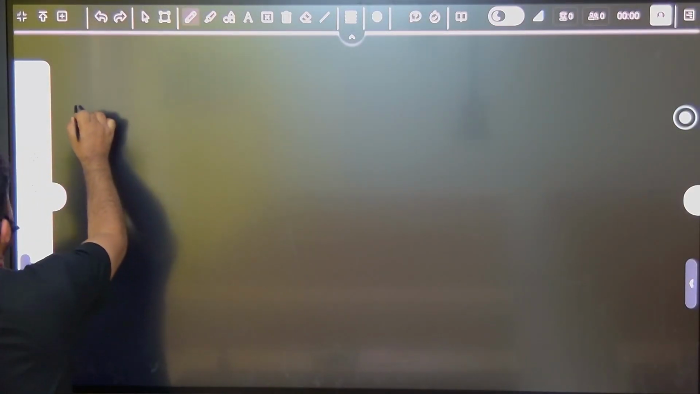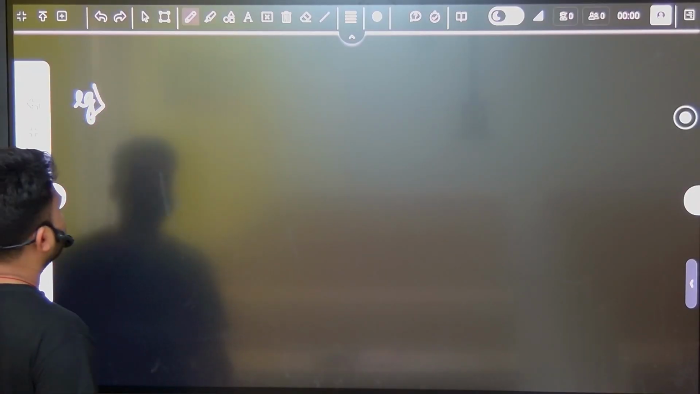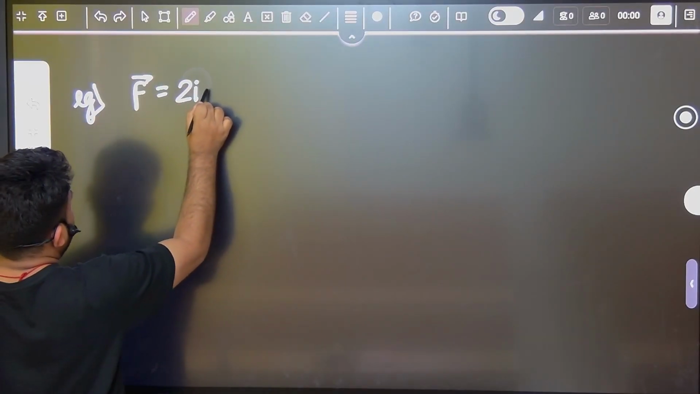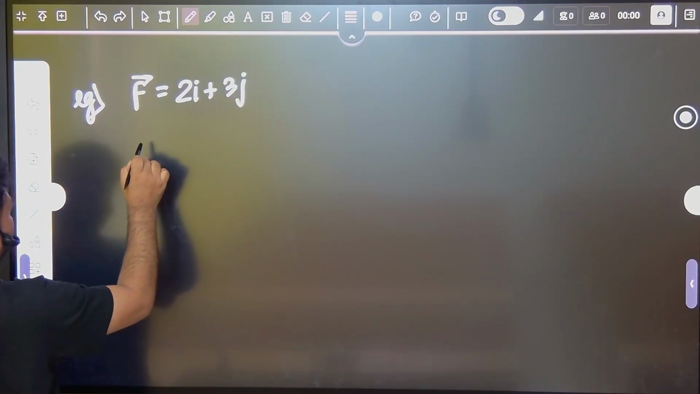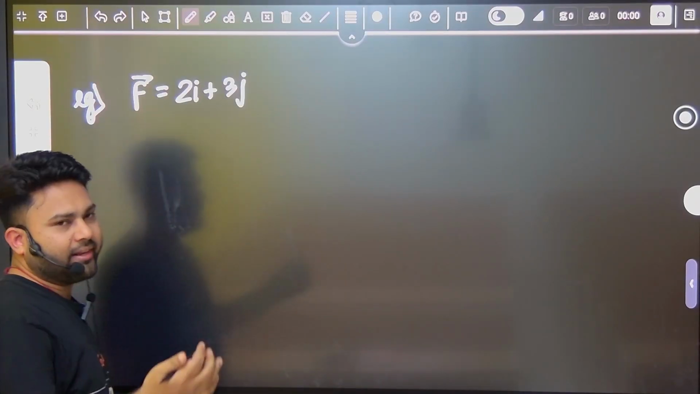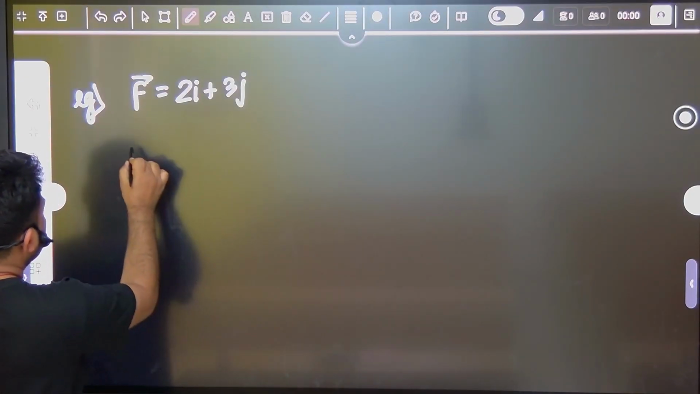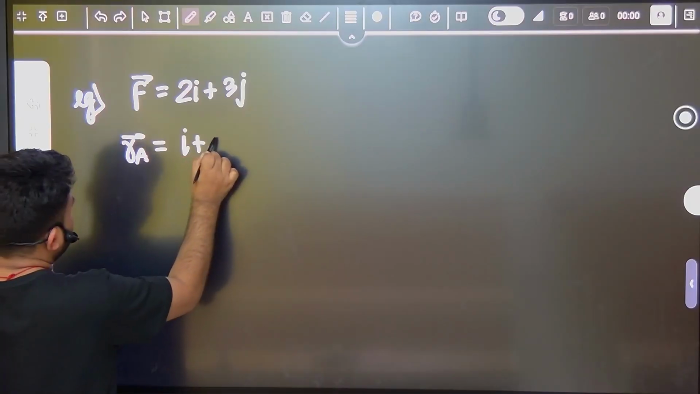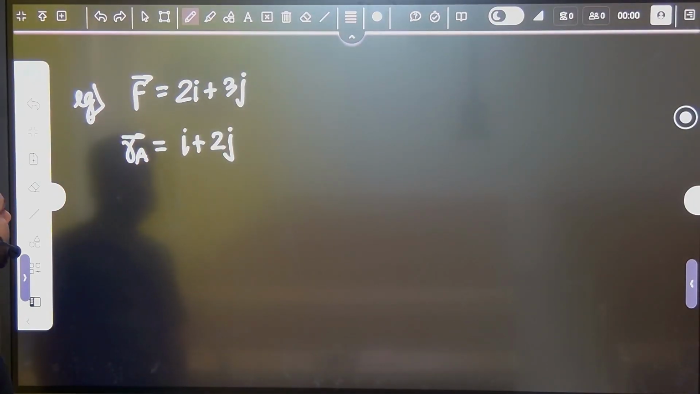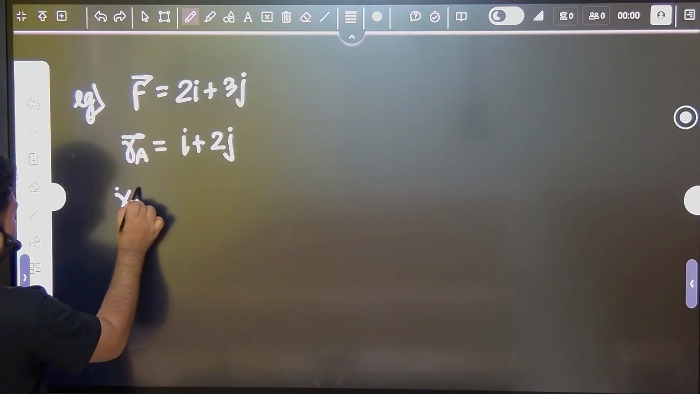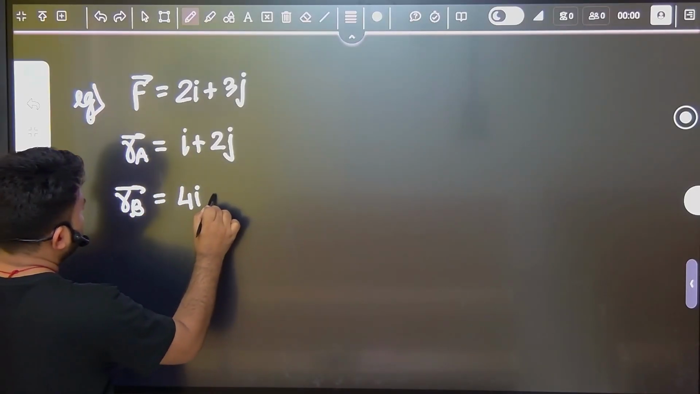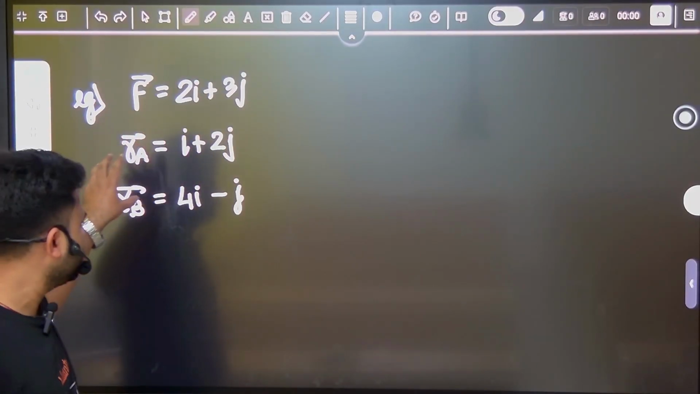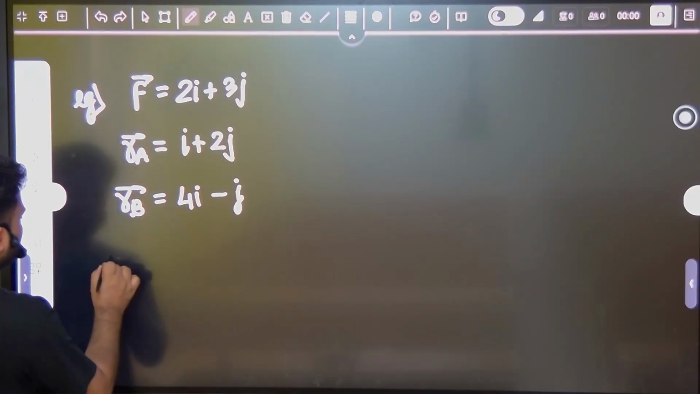So, for example, suppose the force given is 2 I cap plus 3 j cap, and there was a particle whose initial position was I cap plus 2 j cap, and whose final position is 4 I cap minus j cap. So this is the initial position of the particle, this is the final position of the particle. If they ask what is the work,